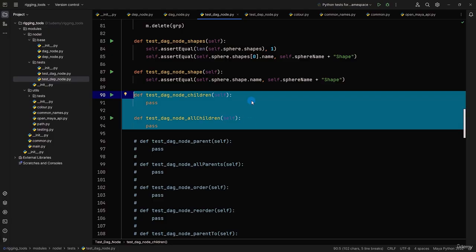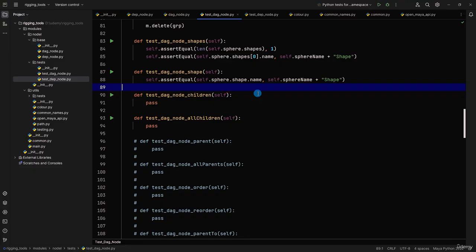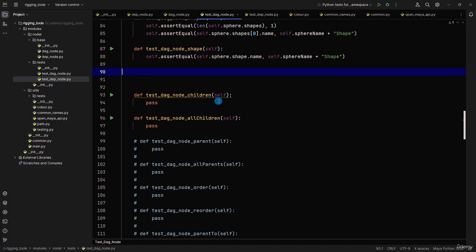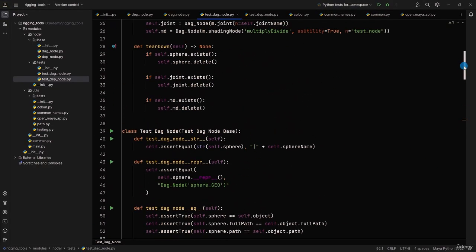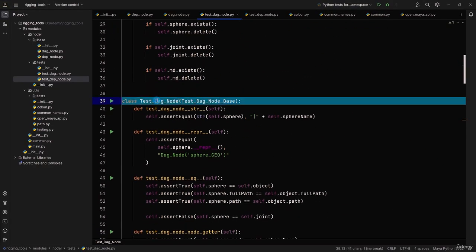And I think this is where we're going to start using our inheritance a little bit more, to make it a bit more interesting for us. Okay. So what we're now going to do is jump back up to our test DAG node. We're going to copy this,